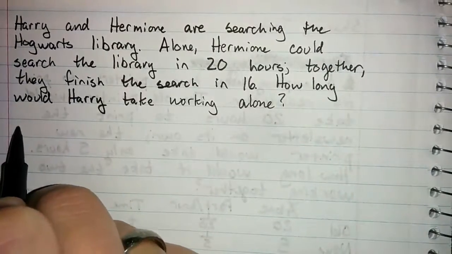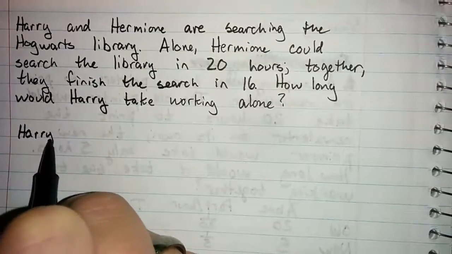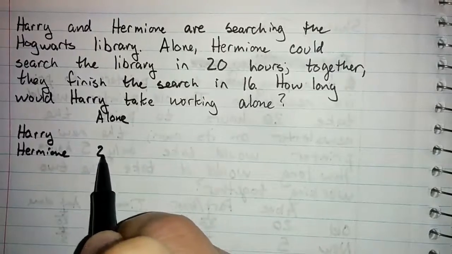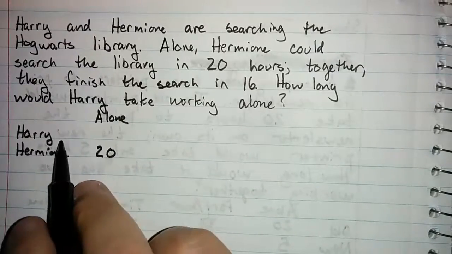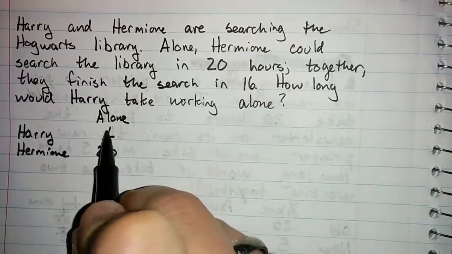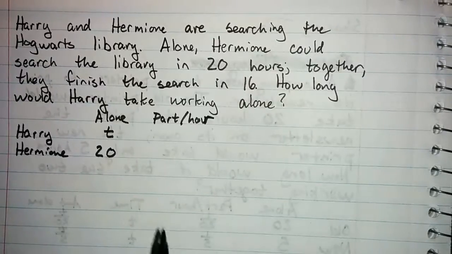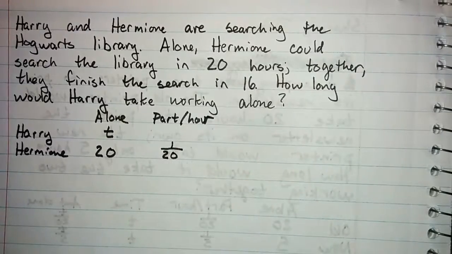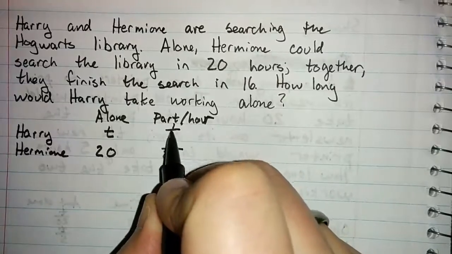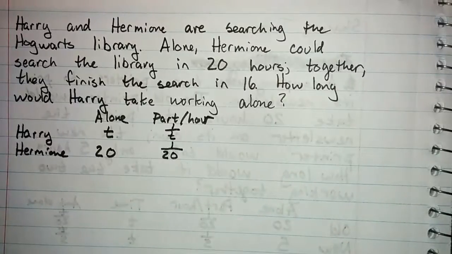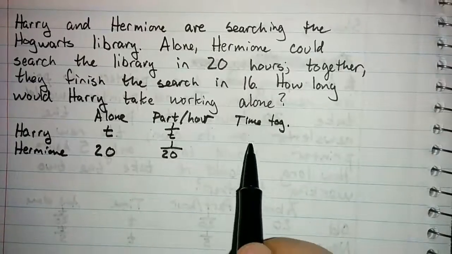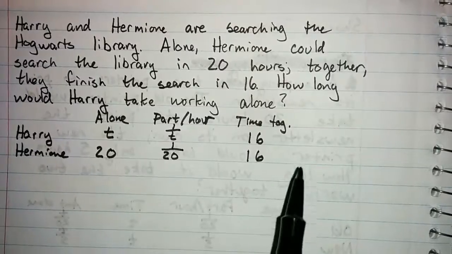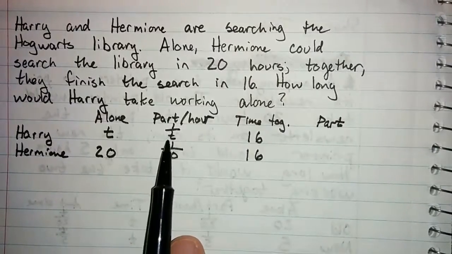Well, we still have information about Harry and Hermione, and alone, Hermione takes 20 hours, and Harry takes some unknown number of hours. Call it t. That means that every hour, Hermione searches 1/20th of the library, and Harry searches 1 over t of the library. When they're working together, they only take 16 hours, during which time Harry finishes